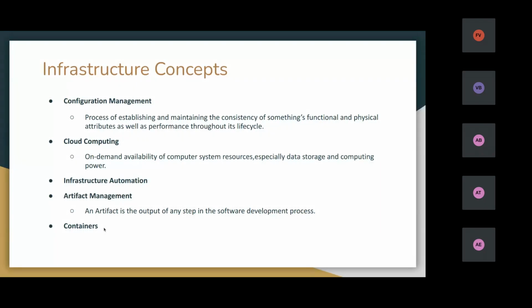You may not have heard about Alpine. Alpine is a small version of Linux. In that container, our application will be running. So the container will be running in our VM or our on-premise server. Also, we can run containers.